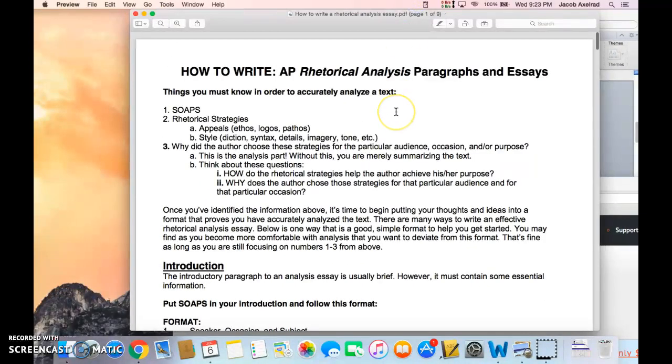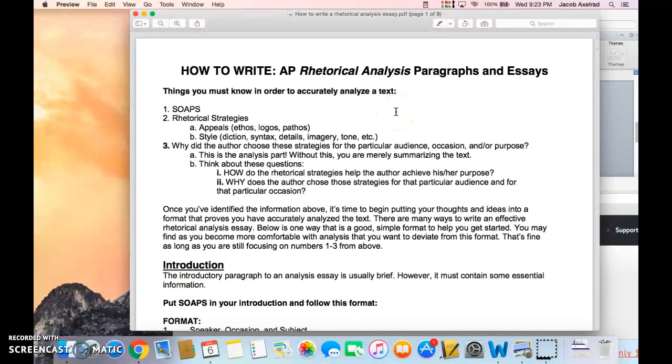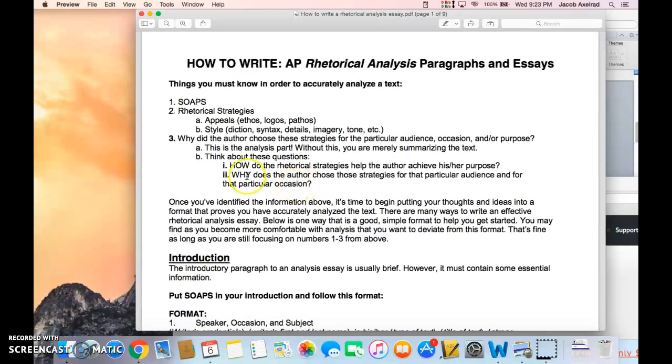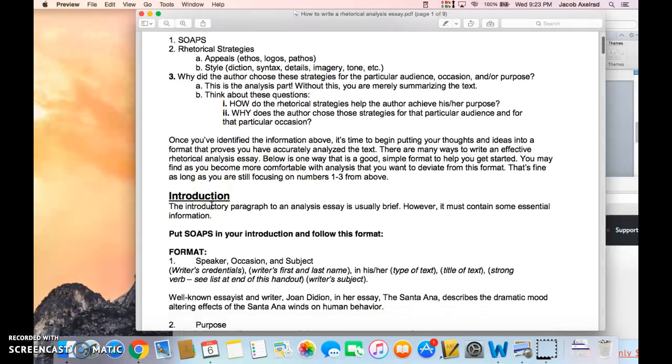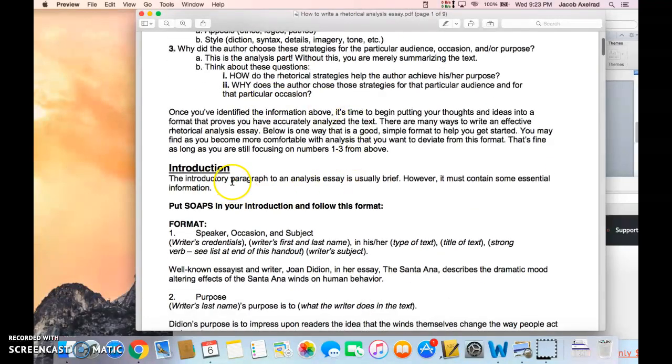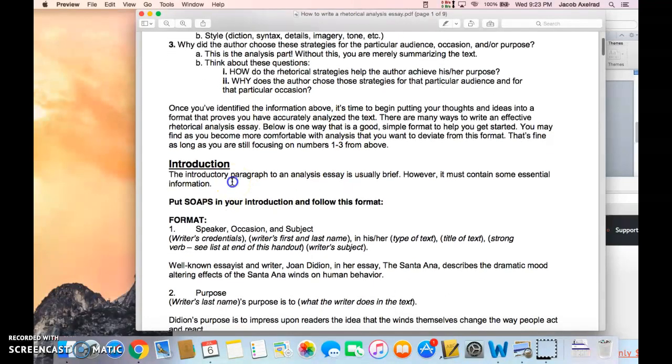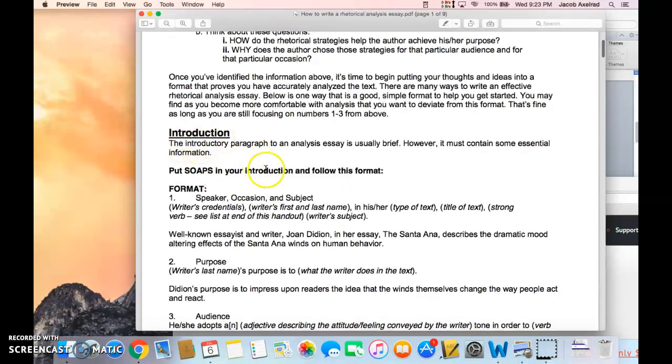I also just wanted to point out that I've given you some other tips for writing the rhetorical analysis paragraph. This guide here could be of use to you. I think there's some good tips in here that I've found, especially if you're looking for more guidance on things like writing the introduction paragraph